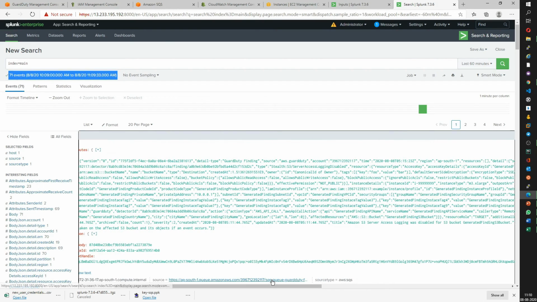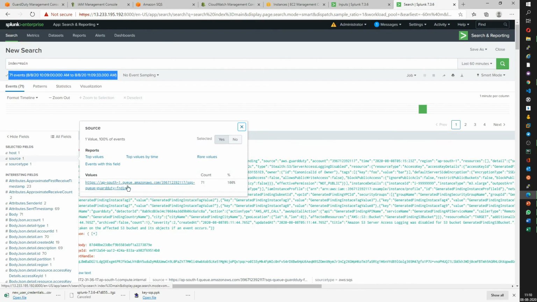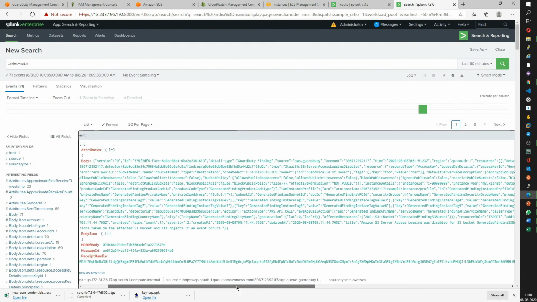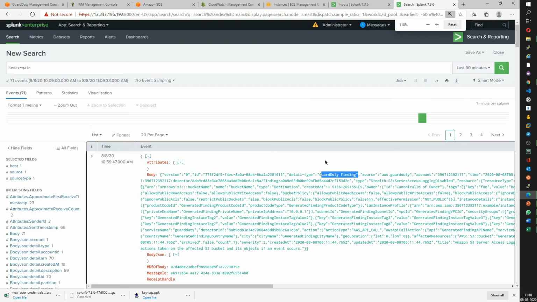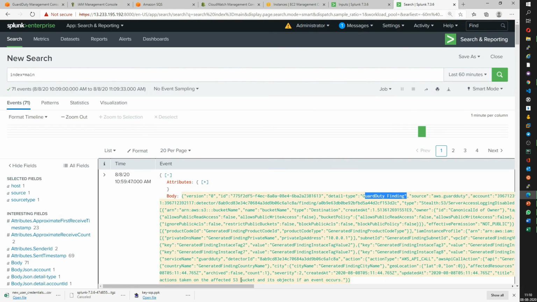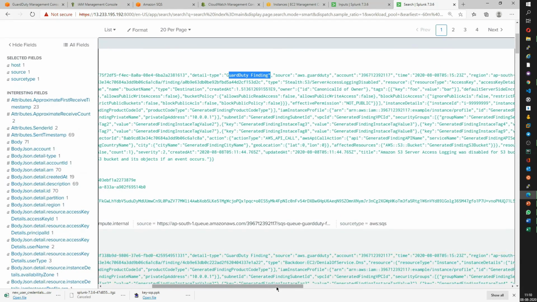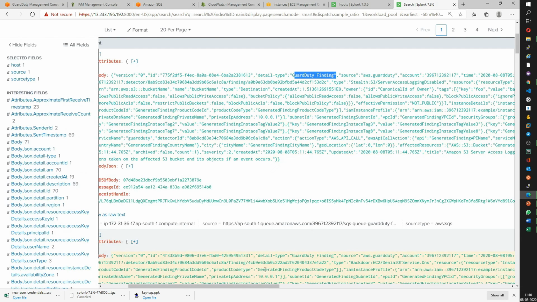So if you see here, the source is the SQS queue GuardDuty finding, which is the same SQS queue where we have sent the logs, right? And these are the logs belonging to your GuardDuty findings as highlighted here, right? Let me zoom a bit. So if you see, these are the logs which are related to GuardDuty finding.